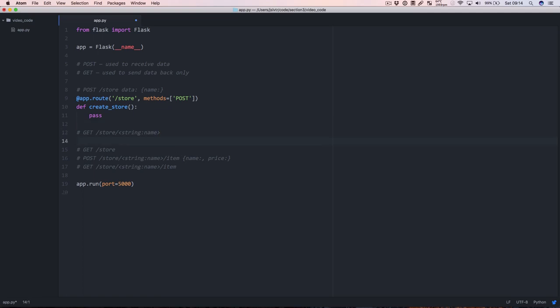To get the store, well, fairly simple. I'm sure you can do it yourself, so if you think you can, pause the video now and give it a go, and if not, just keep watching and I will implement it here. To get a store, we'll have app.route /store